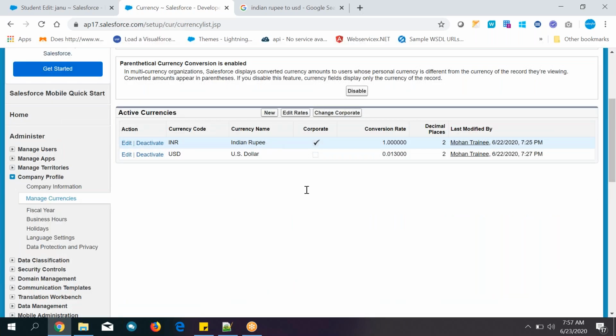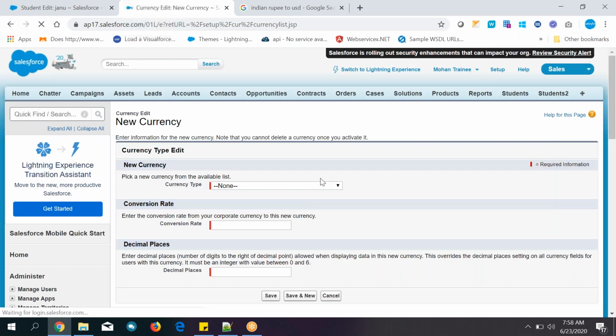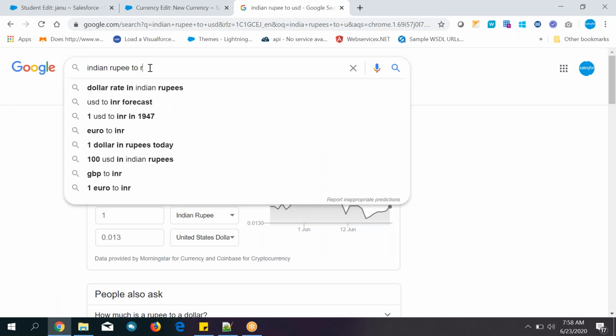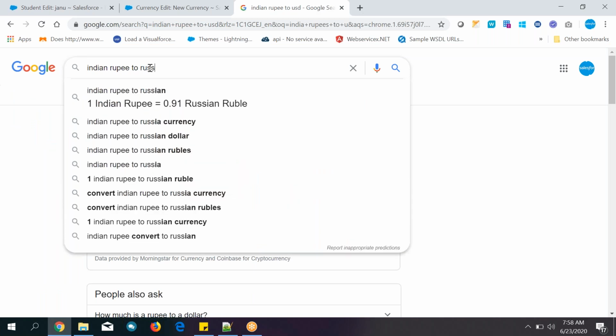Because I want to compare with the corporate currency only, the primary currency is Indian rupees. I am comparing Indian rupees with USD dollars. Next, add one more currency for Russia also. Indian rupees with Russia, 0.91. 1 Indian rupee is equal to 0.91 Russian rupee.